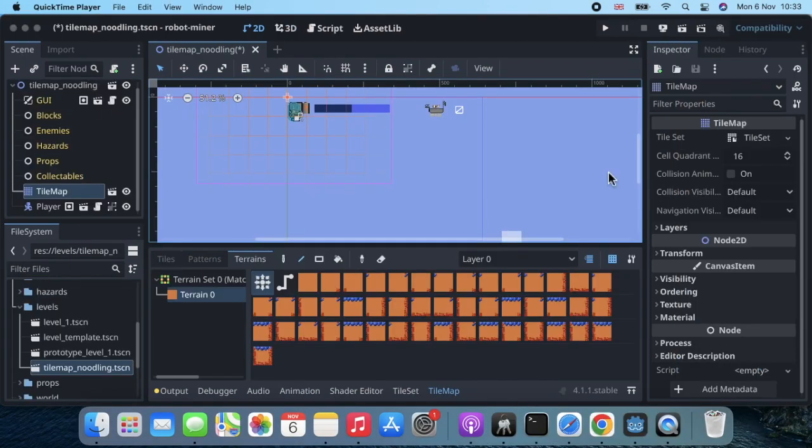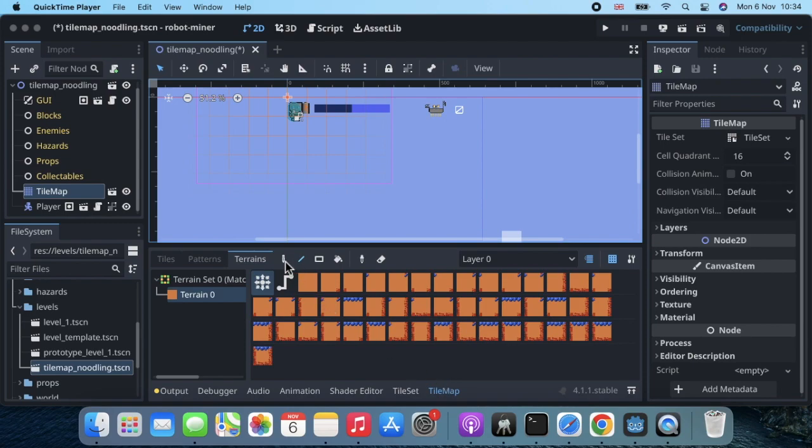I thought I would start with a quick demo of what a tile map enables us to do in terms of building our levels much more quickly and efficiently than we have so far done. I have just created a scene over here. You don't need to do this. I've just created a scene from the default level template just to demonstrate what a tile map can do. So no need to do this. It's just an example. So here we have our tile map node,